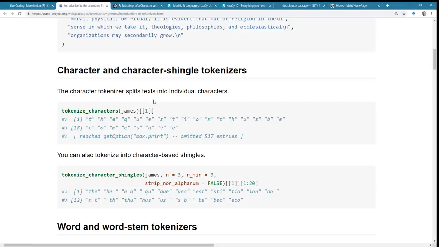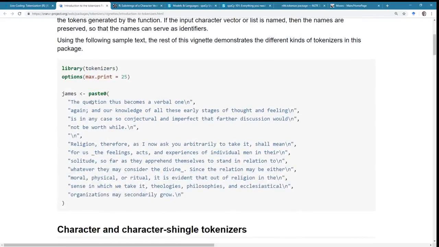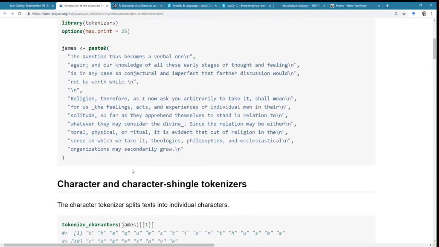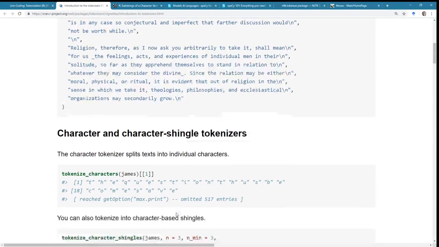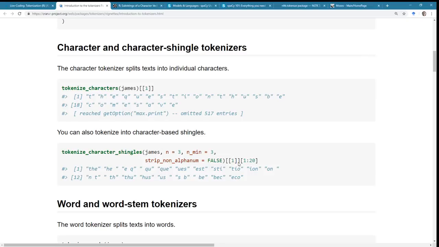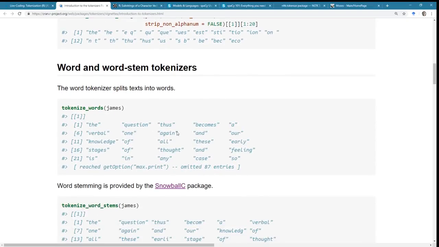Interesting. So it looks like character tokenization is... Oh, interesting. So it looks like the question becomes a verbal one again in our knowledge of all those early stages of thought and feeling.